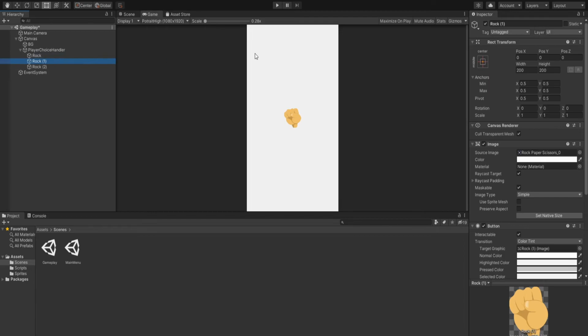twice, rename it to paper, and the last one is the scissor. Paper will have the sprite as paper, and scissors will have this as the sprite, and that's position 0, 102, 100,